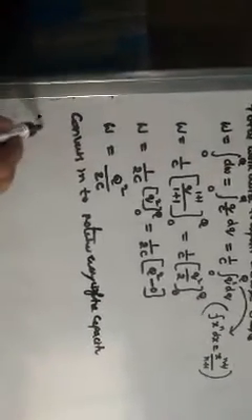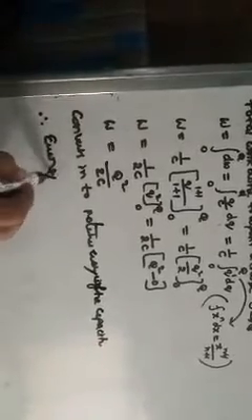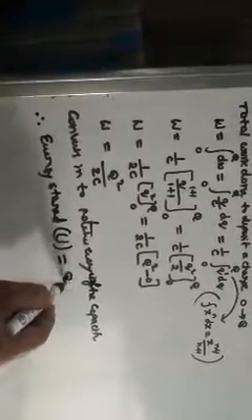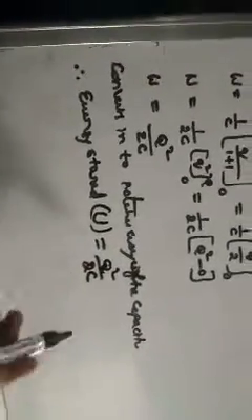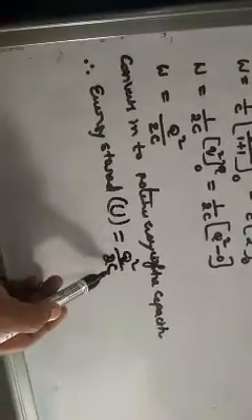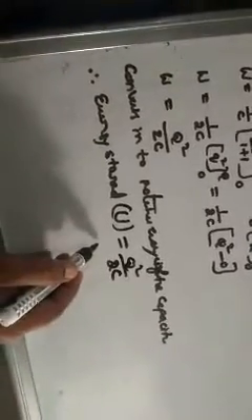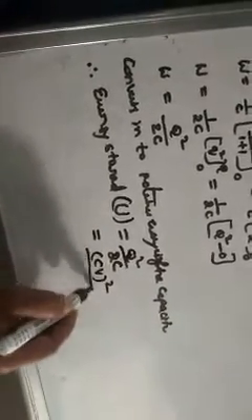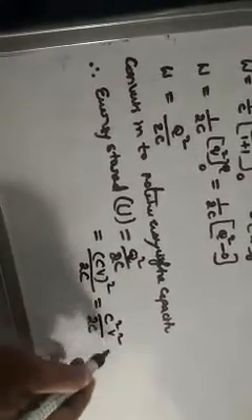So the energy stored in the capacitor, this is the basic formula. Therefore the energy stored, I will write the symbol U, potential energy, is equal to Q square by 2C. This is the formula in terms of charge and capacitance, Q and C. I can change the formula like this. Q is equal to CV, so I am writing CV. C square V square by 2C, so one C cancels, giving half CV square. This is the formula.